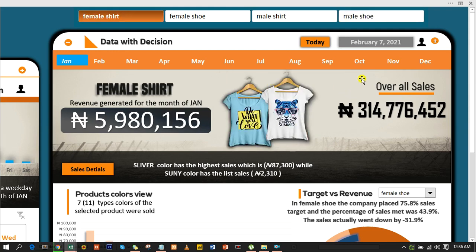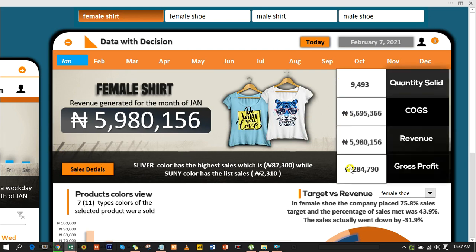But excuse me, what if I want to see the quantity sold, the cost of goods sold, and all the metrics? I'm gonna click right here and it's gonna show this particular aspect right here. It's very simple and easy to be created. So without any further ado, let us start creating this as we create along together, so you're going to understand